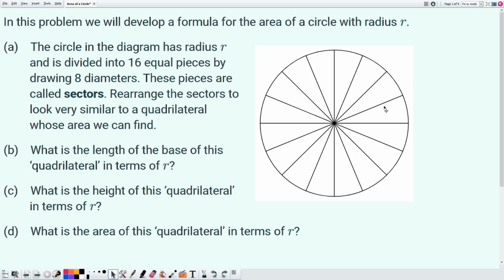Hello everyone. So today we will be returning to area. Specifically, we're going to learn about the area of a circle now. So let's start with our first problem, in which we actually gain some intuition as to what the area of